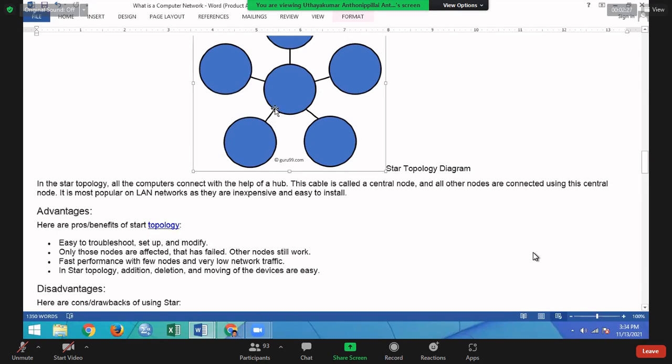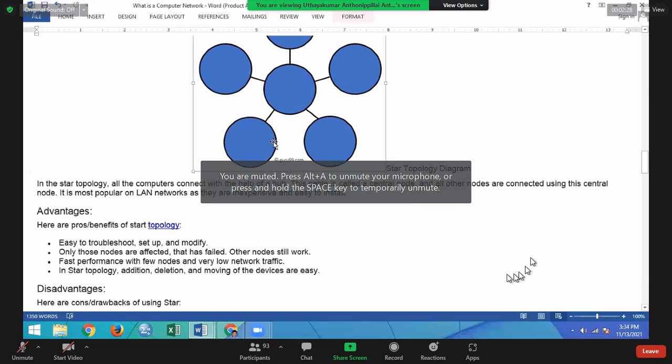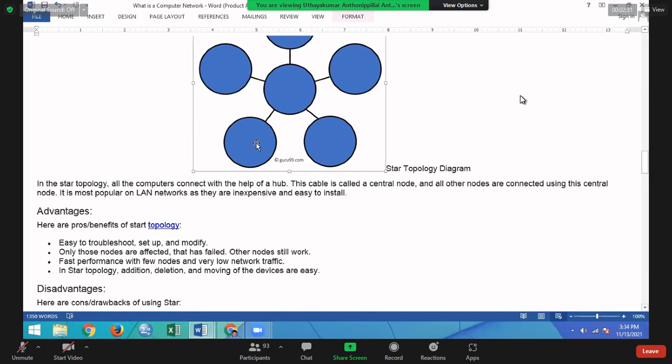So in this star topology, say one surrounding node is not working. Then we can easily point out where the problem happened. So that particular node's cable or the node itself has some problem. So the rest of the computers can work smoothly, right?